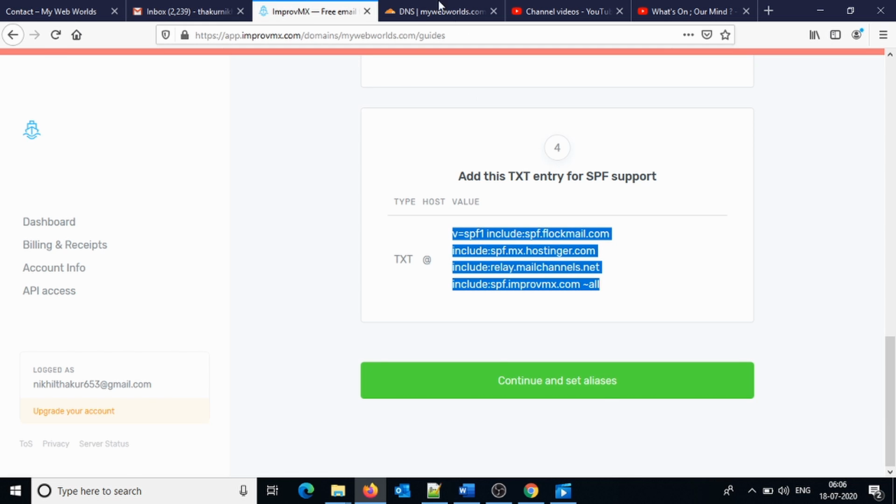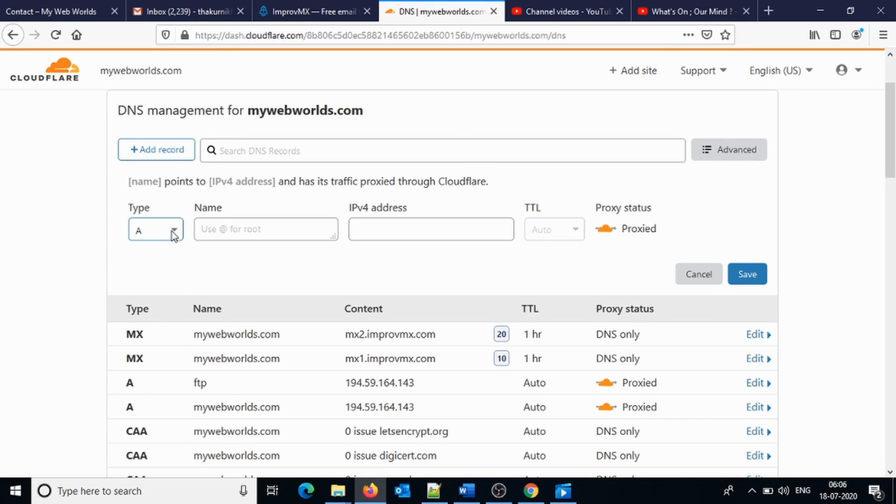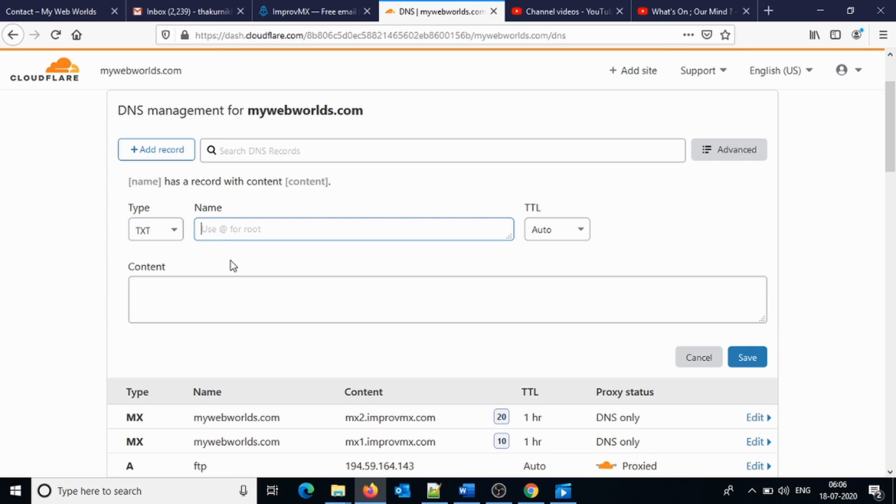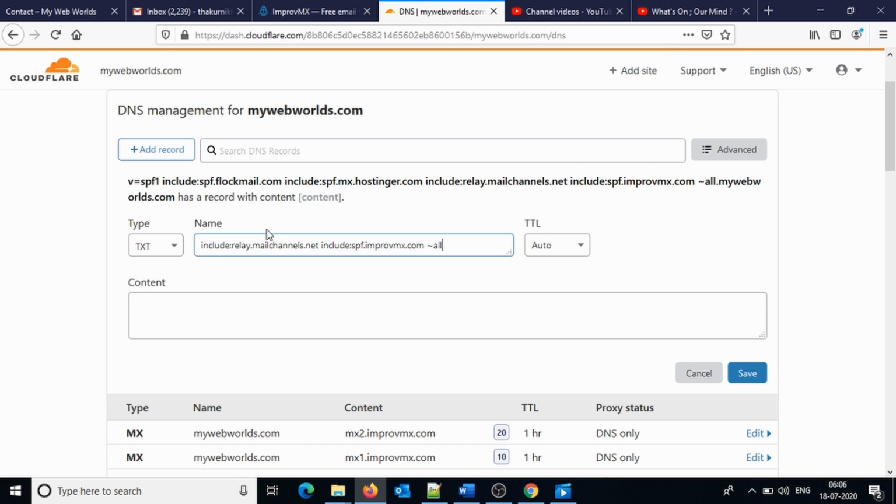I have to copy this up and at type I'll find TXT over here. I will copy this up. Over here I'll have to just paste the thing which I've copied, and over here also I'll take TTL as 1 hour and I'll save it up.